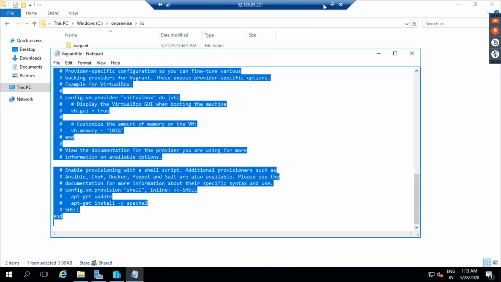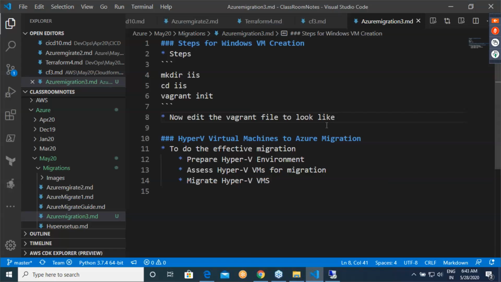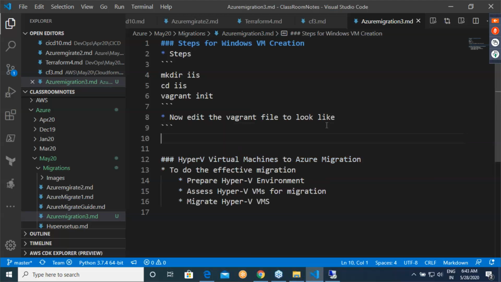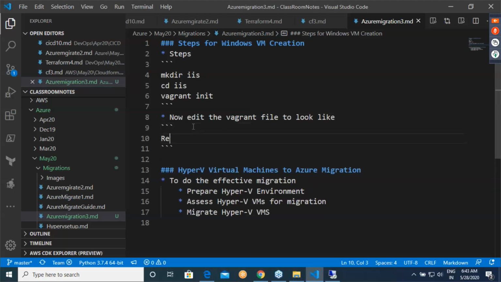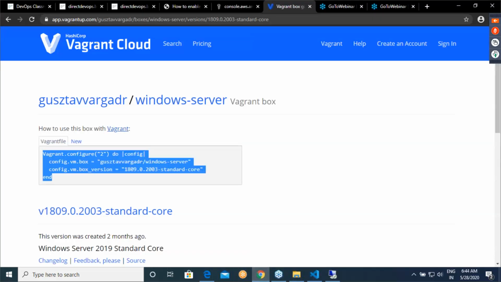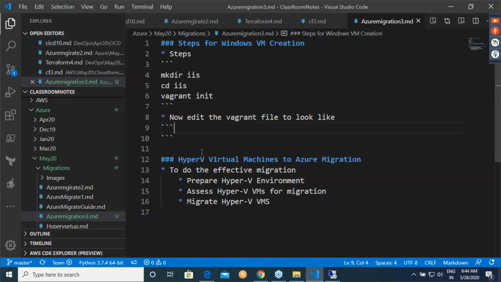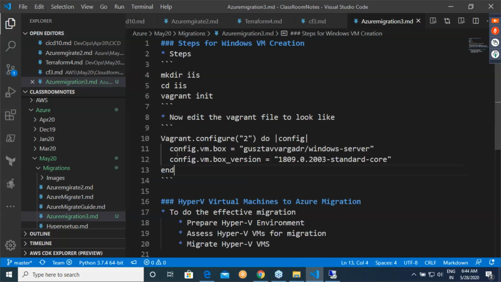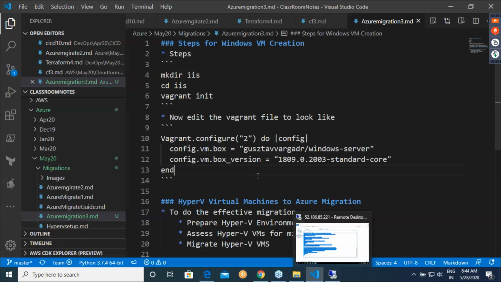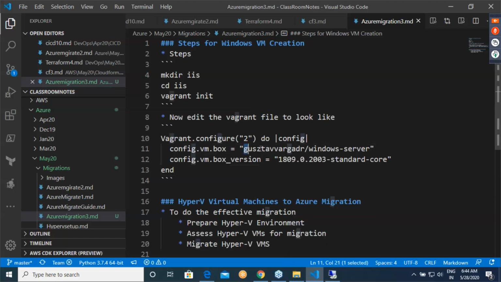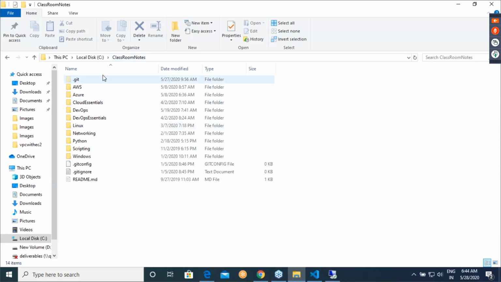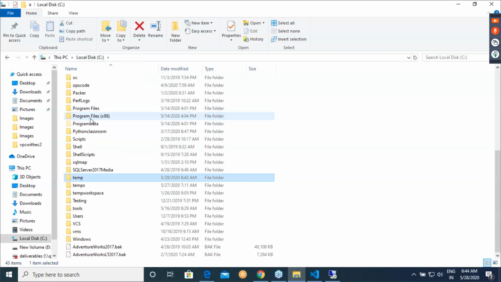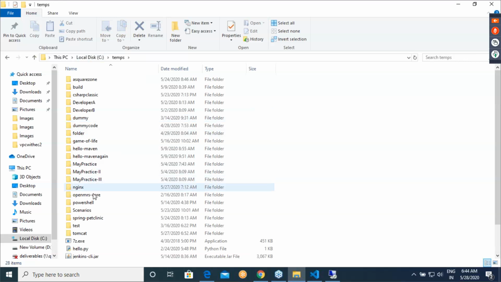Let me not give all of this. Let me first try the basics. Generally, let me tell you what happens. Yesterday we did Vagrant init, right? Now also I'll be doing Vagrant init just to show you what happens.